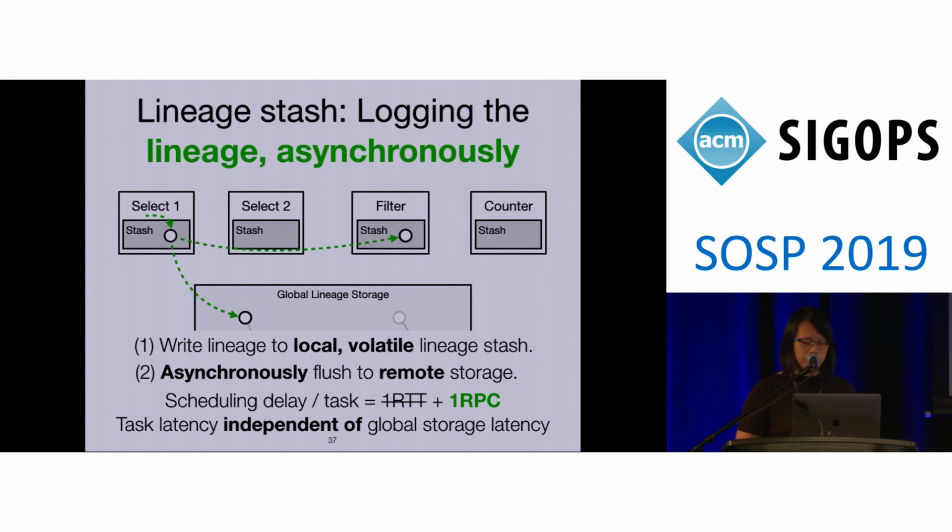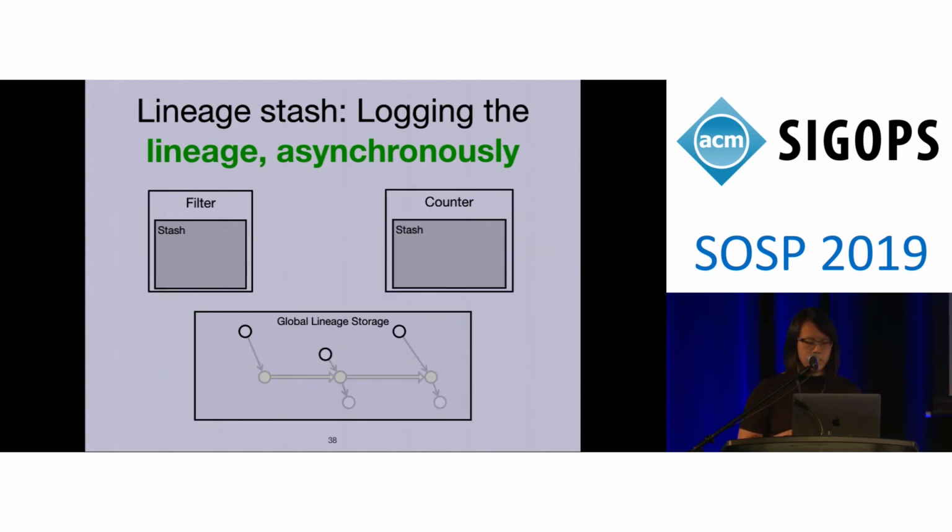So you might be wondering here, now that we're logging it asynchronously, what would happen if we actually lost a lineage stash before we were able to persist it to the global lineage store in time? And we'll go through that next. And basically, the idea is to use a causal logging approach where we piggyback additional information on this task forwarding message. So in this example, we'll just look at 2 of the processes, and here we'll have a filter process